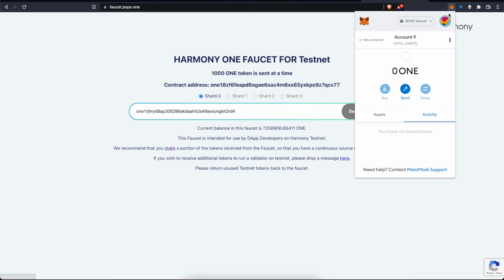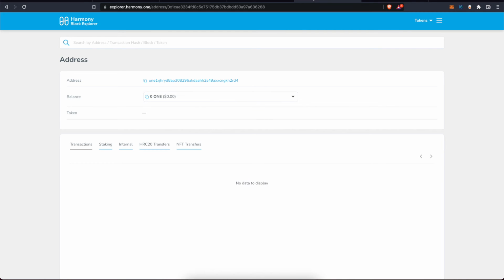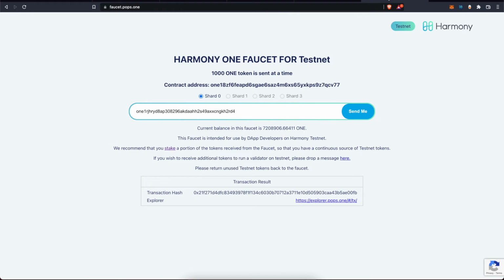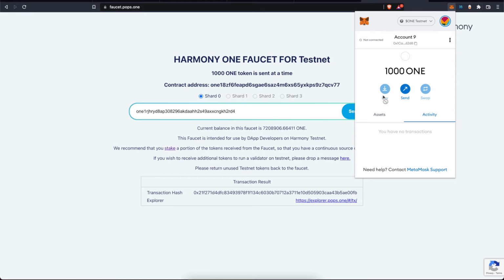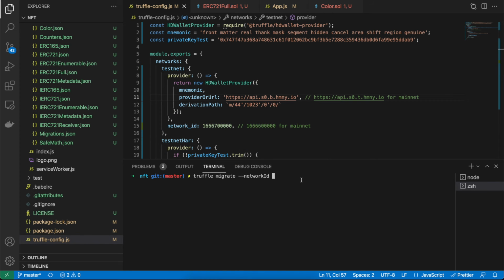So I took my MetaMask address. I put it into the Harmony blockchain to get my custom one address, and then I asked for 1001 from the faucet. So, unless I pasted the wrong address, should be fine. Might just take a second. There. So now we've got 1001 to deal with,